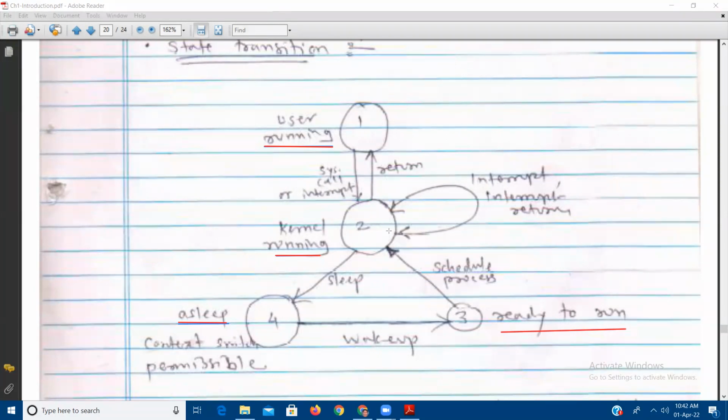Kernel कसा behave करतो? Non-preemptive. म्हणजे जेव्हा एखादी प्रोसेस कर्नल रनिंग स्टेट मध्ये असते त्यावेळेस कुठल्याच हायर प्रायोरिटी प्रोसेसला चान्स देत नाही. The reason behind it is that, so here if you are looking,